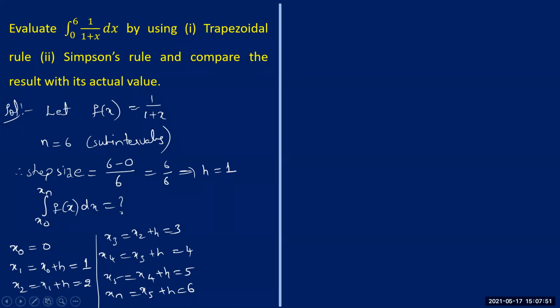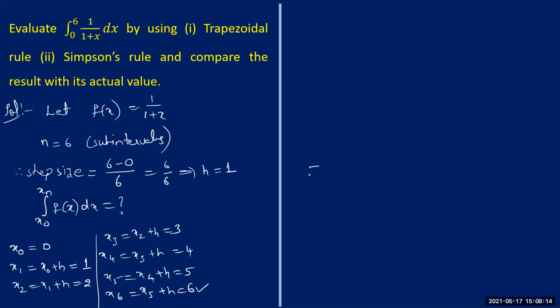As we have already discussed about this, the last point, whatever you'll get here, I'm getting the last point as x6, right? That should be equal to the upper limit of the integral. And see, I got the upper limit here, which is 6, right? Now, therefore, you see, for convenience, for an idea, I'm just writing this.